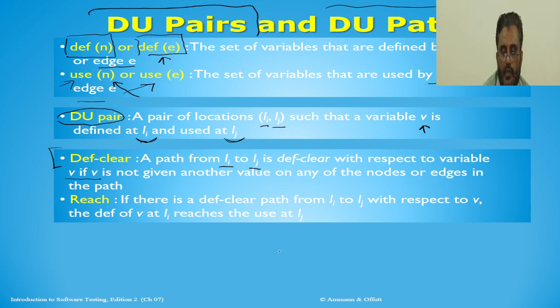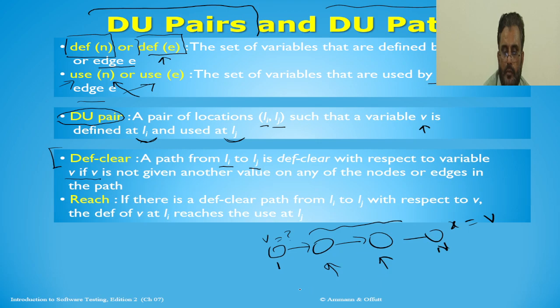So for example, if I have this variable having some value here and we pass along a certain set of nodes, and let's say it gets used here, and if v does not get any new definitions on these subsequent nodes, then we will say that the path from this node, let's say this is 1 and this is n, so this path is